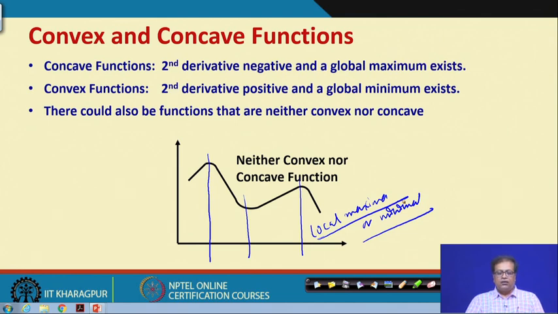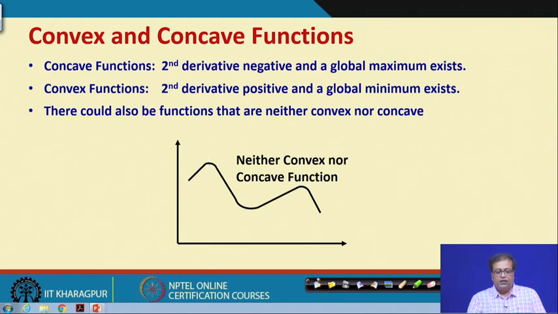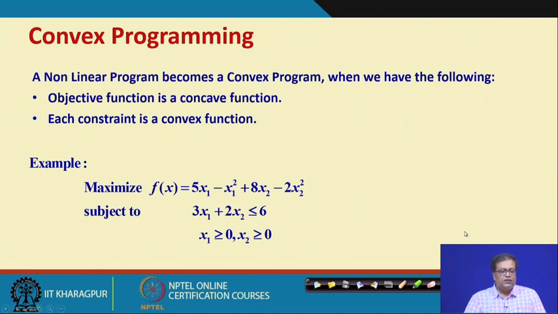So, that is why the convexity and concavity of the functions are so important. Then we might have to use some other methods like evolutionary computing. So, we see that convexity and concavity are very important considerations: particularly for maximization problems concavity is important, and for minimization convexity is important. Now, that brings us to convex programming.